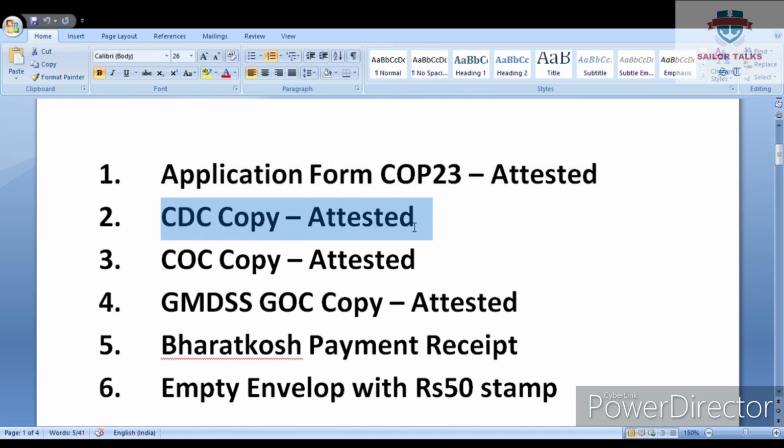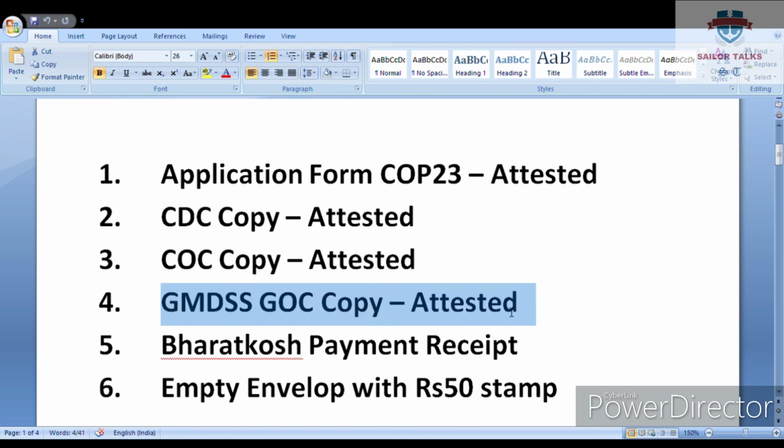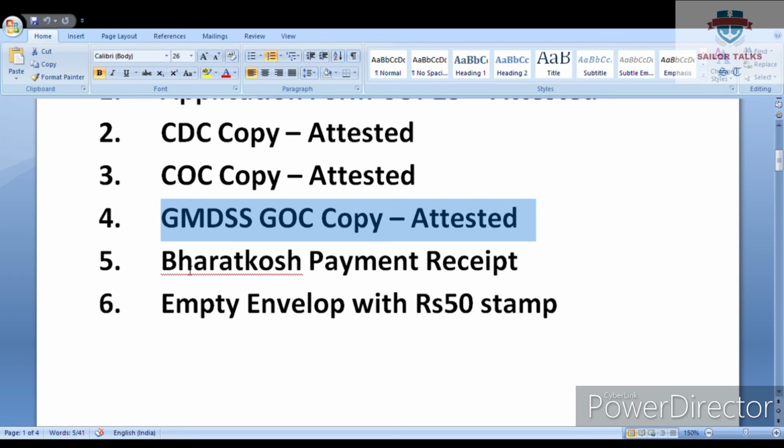Your CDC copy with all relevant pages of sea time, also attested by a gazetted officer. Your COC copy, attested by a gazetted officer. Your GMDSS GOC copy, attested by a gazetted officer.